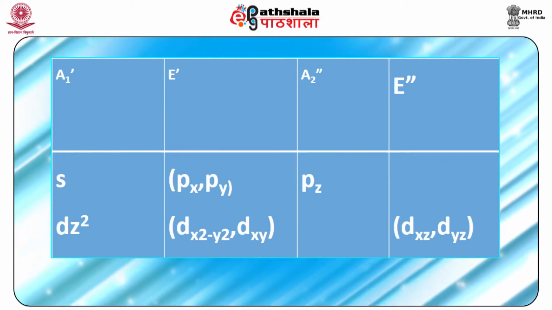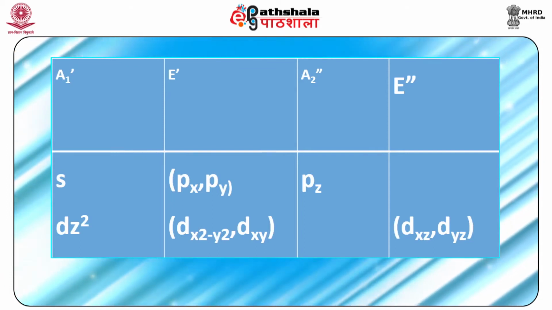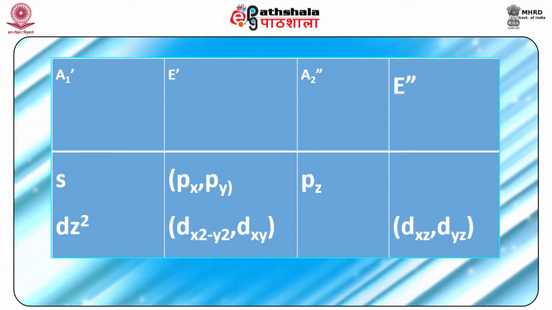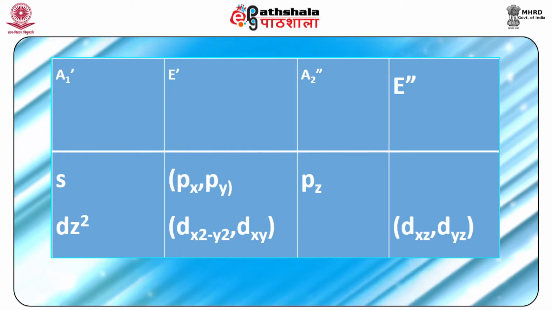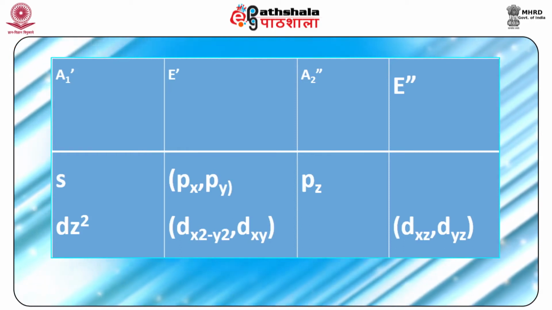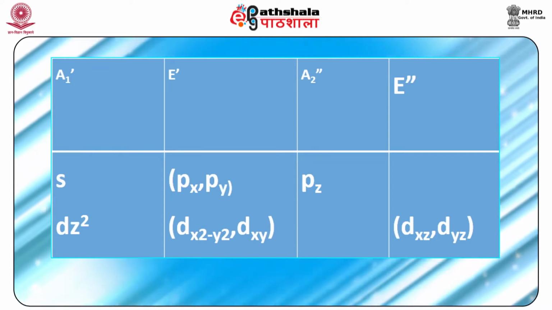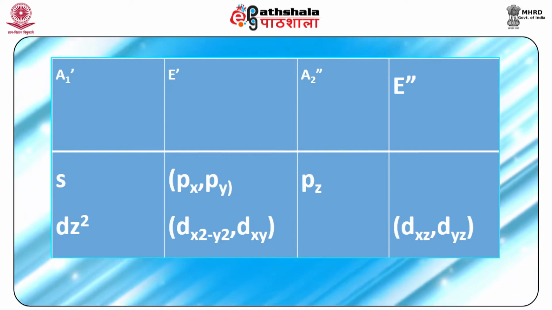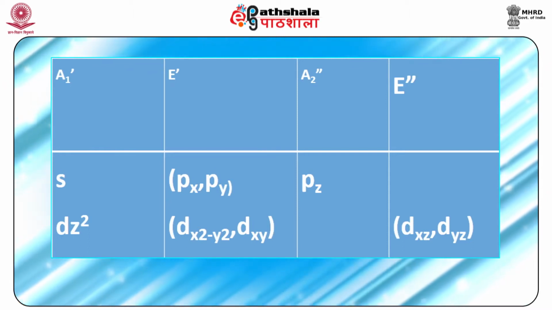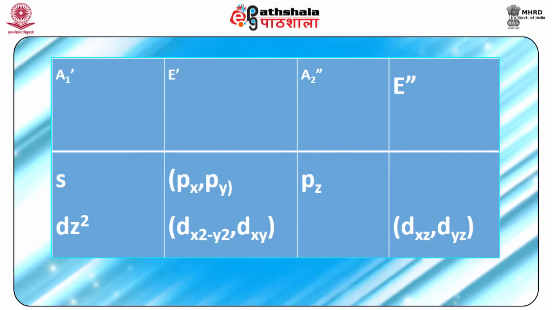these are not the basis for any of the irreducible representations in the PF5 molecule. In order to form 5 equivalent hybrid orbitals on the phosphorus atom, we have to have 2 atomic orbitals of A1 dash, 1 atomic orbital of A2 double dash, and 2 atomic orbitals of E dash. Based on this information, we can list all possible combinations of atomic orbitals belonging to these symmetries, that is 2A1 dash plus A2 double dash plus E dash.